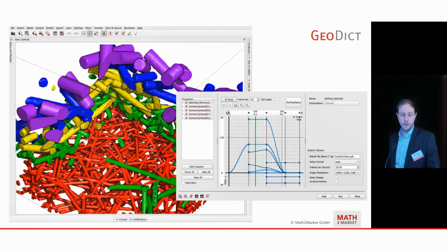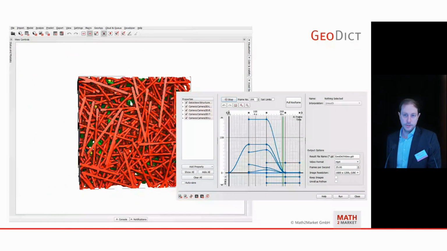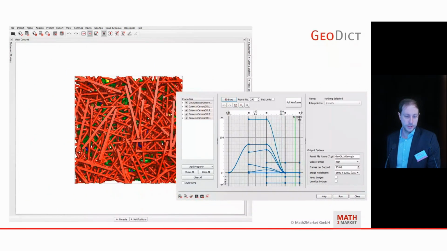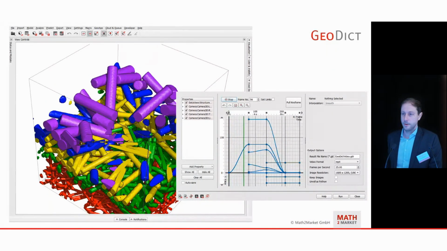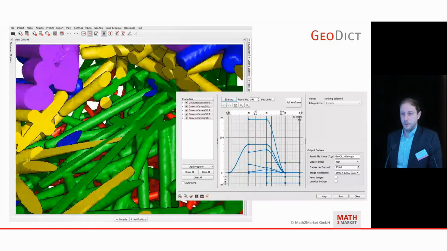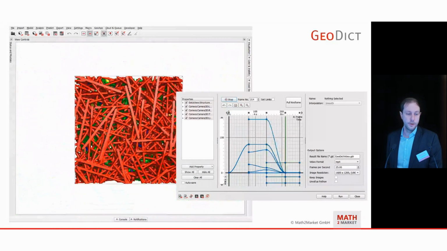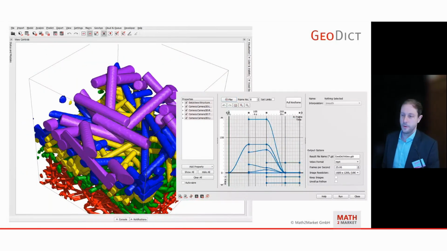You can change, more or less, all visualization properties using this editor, be it colors of your structure, camera orientation or direction, or simply cropping your structure in and out. And then export this and have this video ready for your presentations.